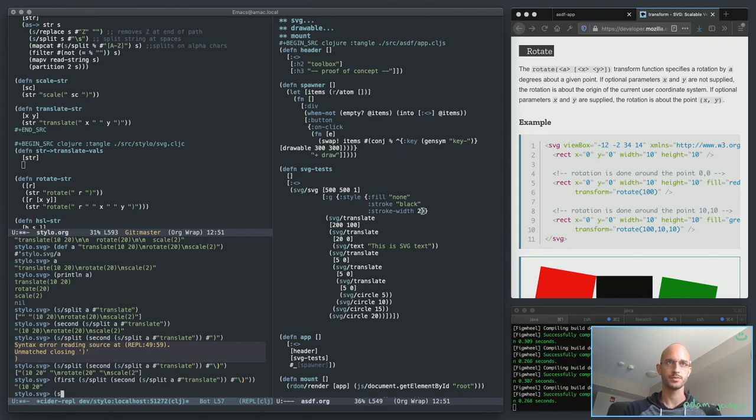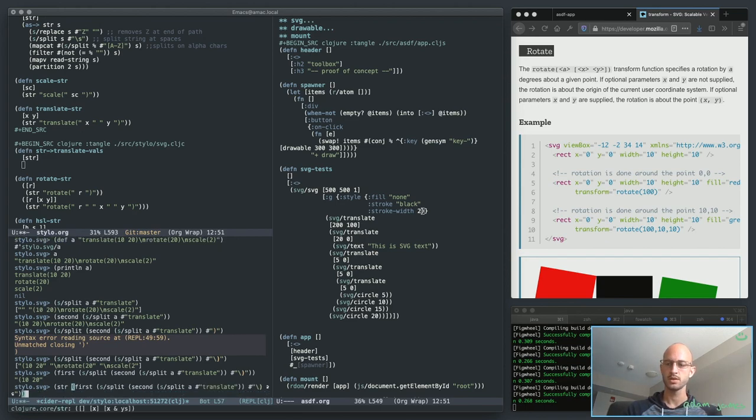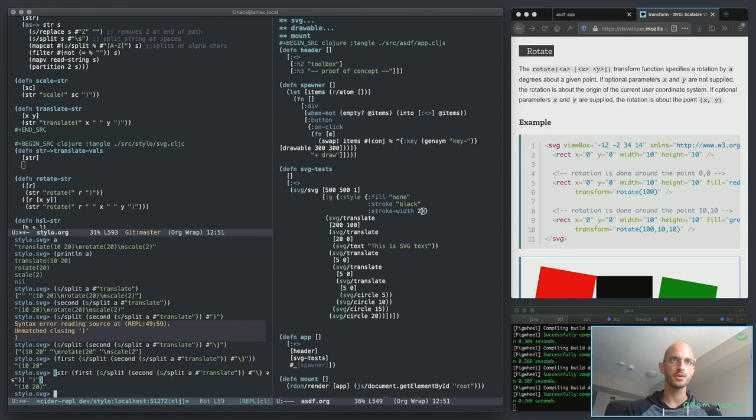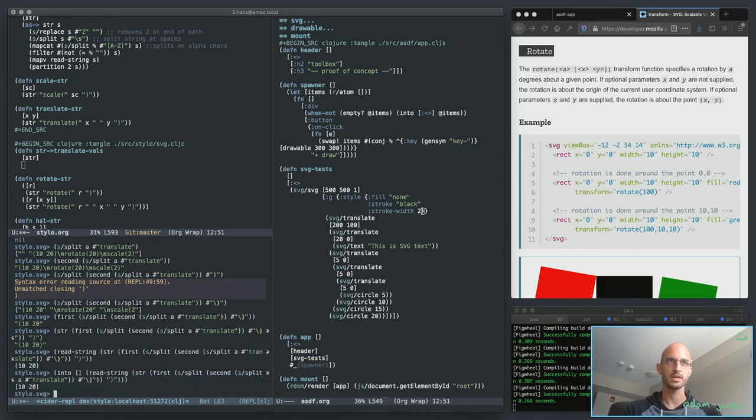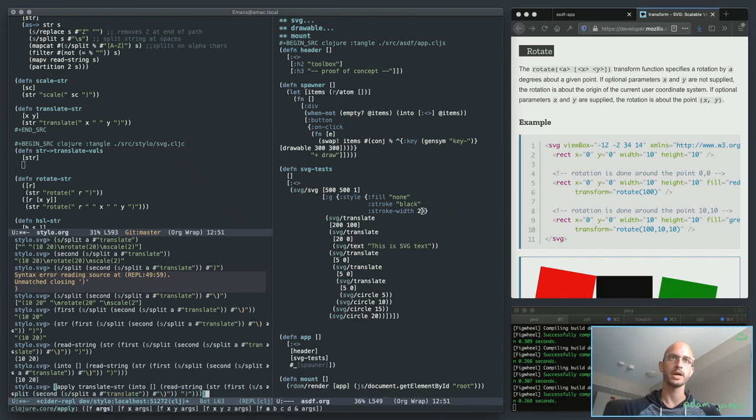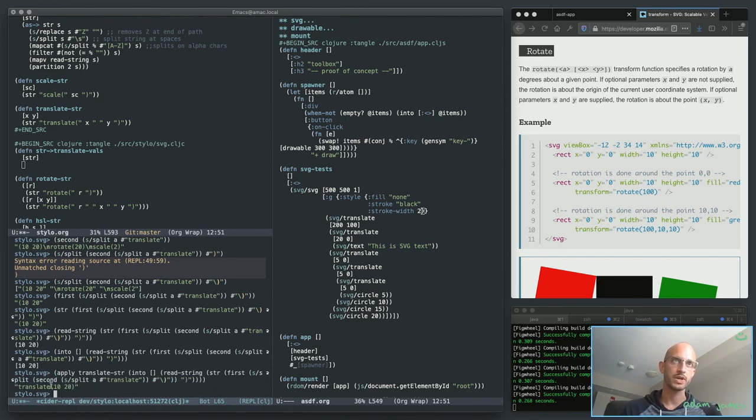if I do string this, there's definitely a better way to do this, but this is a start. If I read string this, and then I do into the vector of that, boom, I've got it, and then if I apply translate string to this whole thing, I get the translate string out of that. Okay, so